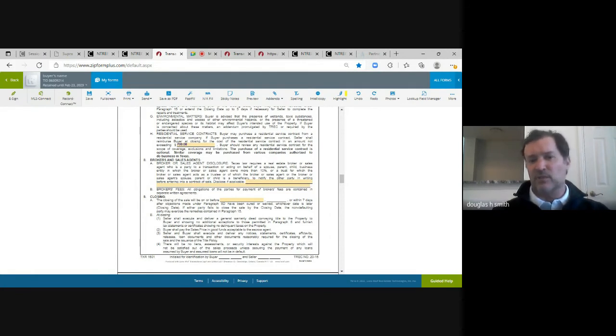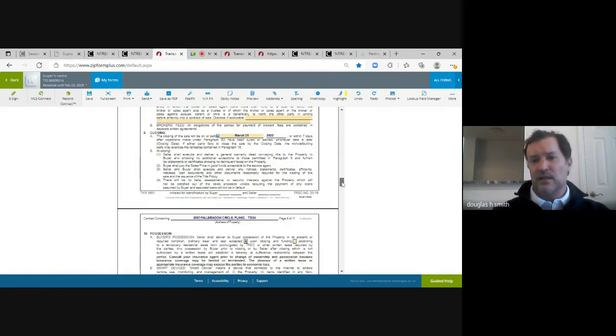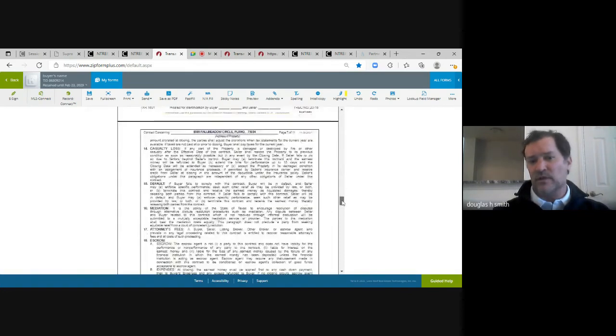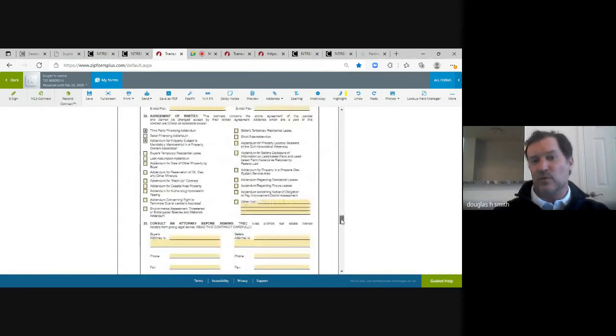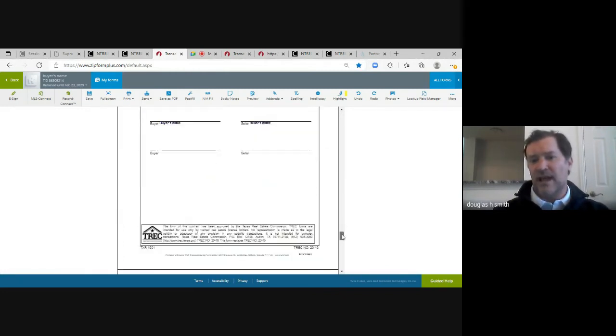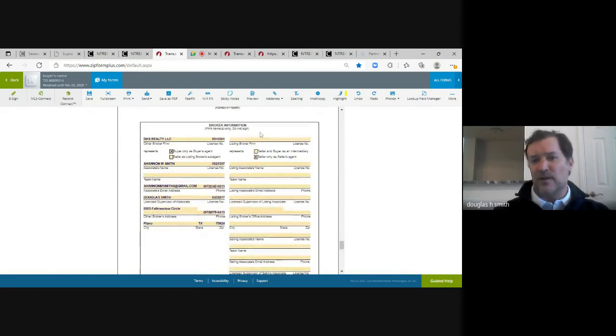You're going to click on the blank for closing date. You're going to pick a closing date that you, the buyer, the seller, agent, the seller, and the lender have all negotiated. You're going to go from there almost always to paragraph 22. I've already got the most common addendums, third party and HOA. You're going to go to page and a half, and you're going to fill out this side equal in length